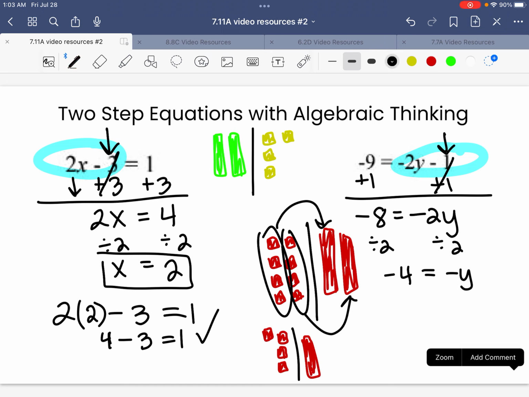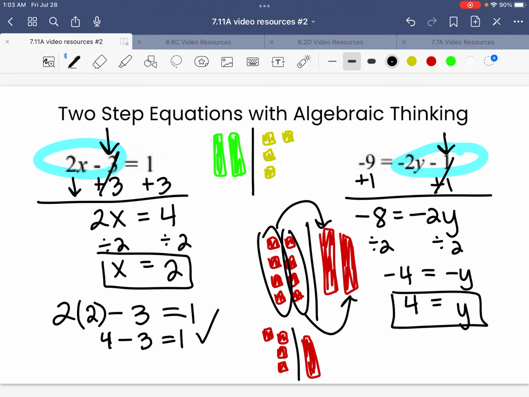So I can find the opposite of -y, which is a +y. And the opposite of -4 is a +4. So I know that y is equal to +4. Another way that we could have done that